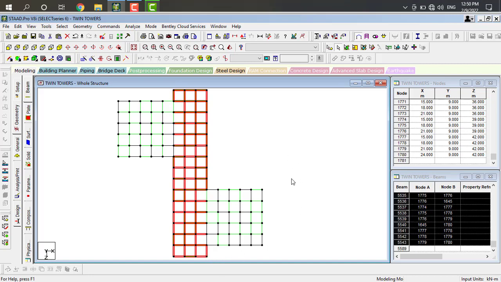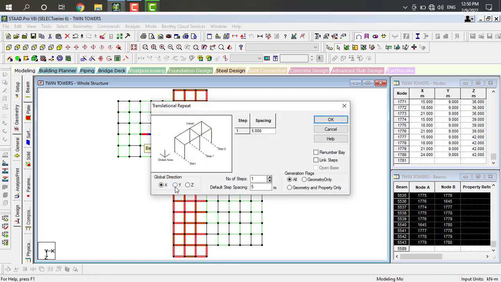Like this. So all of these are selected for translation repeat in the Y direction. Number of steps will be 3 and the default step spacing is also 3 in the Y direction. Go to the link steps option and click on OK.